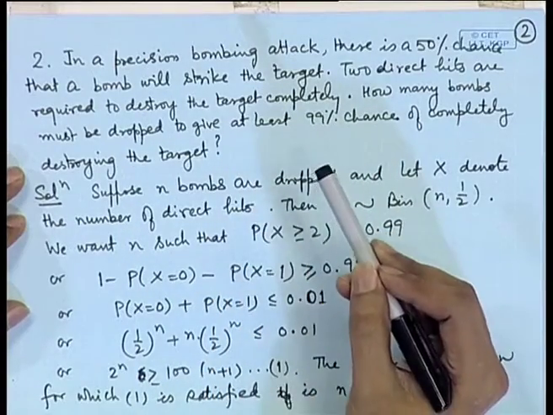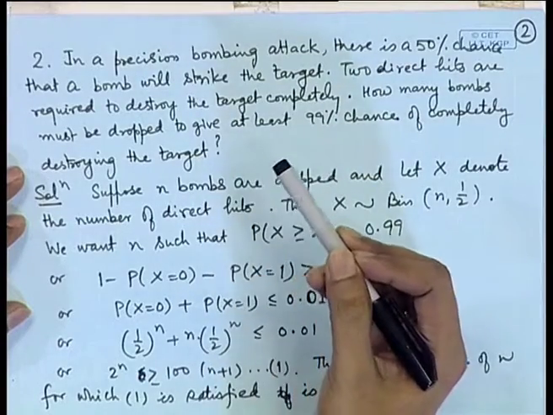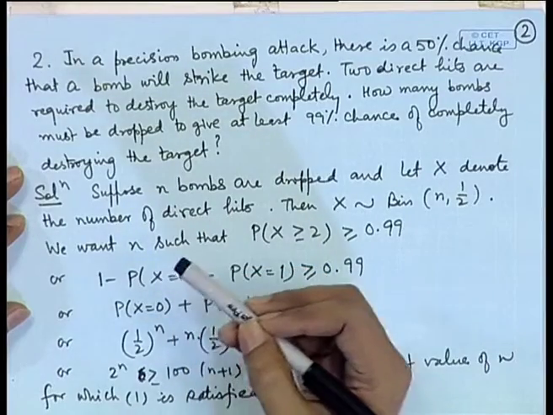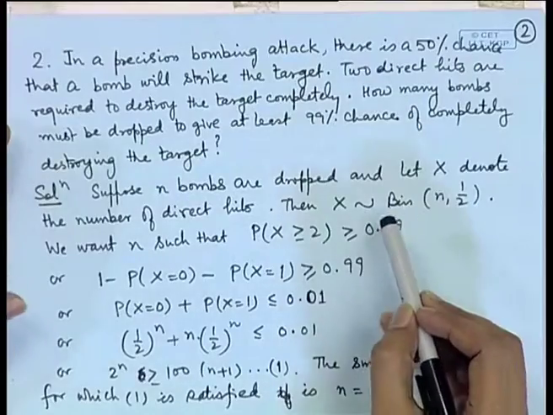Now here you can see a particular bomb may hit the target or it may not hit the target. So, each trial, that means the throwing of a bomb or attack by a bomb, can be considered as a Bernoullian trial. So, it may strike the target or it may not strike the target. We assume that the attacks by the bombs are independent and identical in nature, that is, the probability of striking is the same for all.